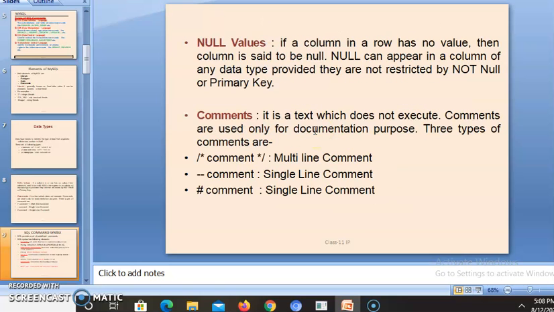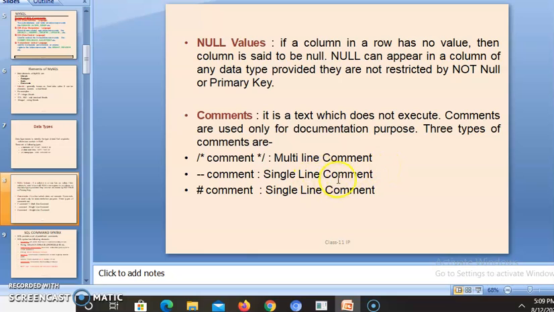And comments. Students, a comment is text which does not execute. Comments are used only for documentation purposes. There are three types of comments available. Slash asterisk, then asterisk slash, this type of symbol is used for a multi-line comment.